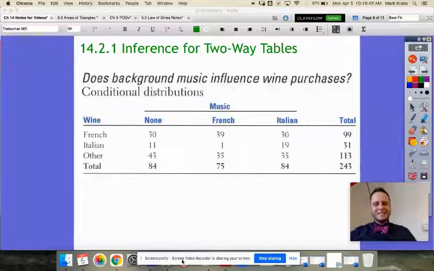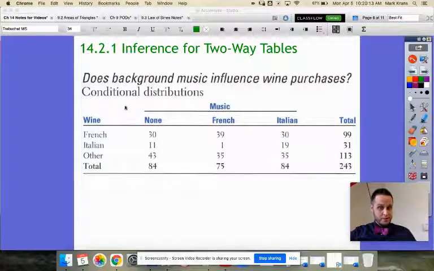All right, so we want to talk about now just not a goodness of fit test, but we want to talk about inference when you have a two-way table, okay? And if you think about a two-way table, this one has multiple columns for what type of wine people ordered at a restaurant and what type of music was playing in the background, okay? So there's the type of music playing, the type of wine that was ordered, and we're wondering, like, does background